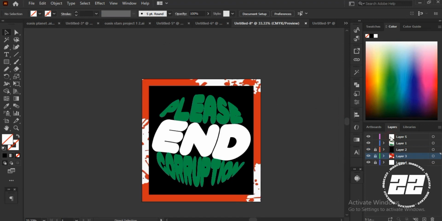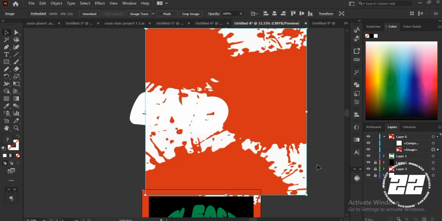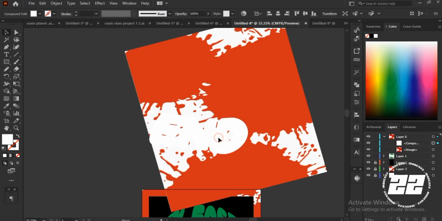Yeah. I'll create a clipping mask with this text under. I'm also going to turn this into a clipping mask. I can get this on it. So this, object, compound path,